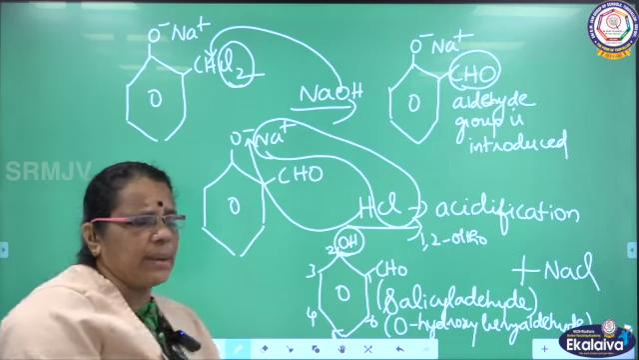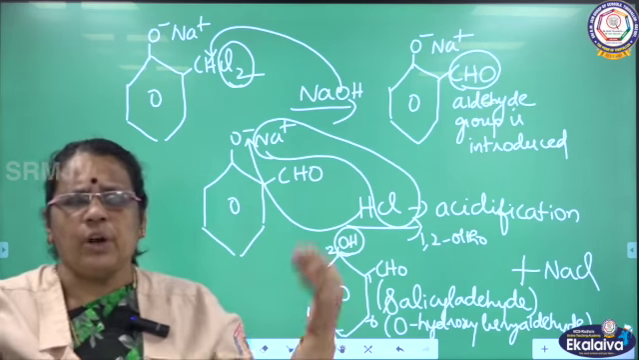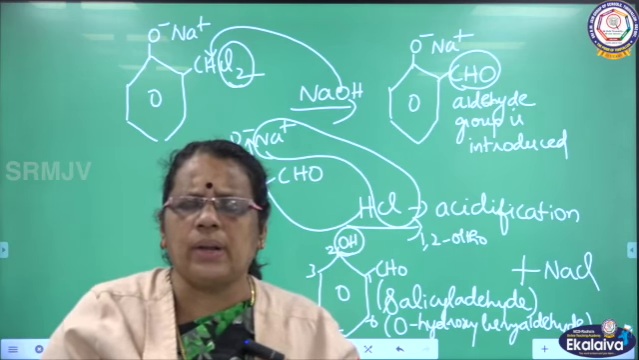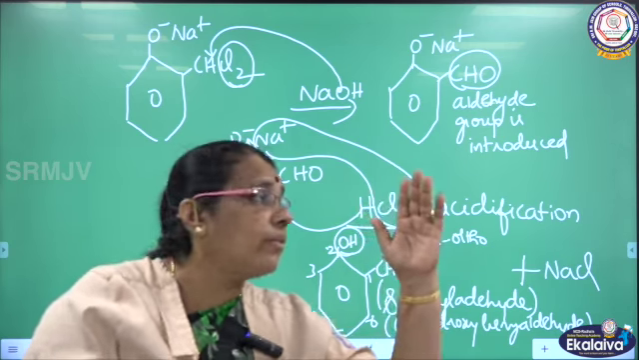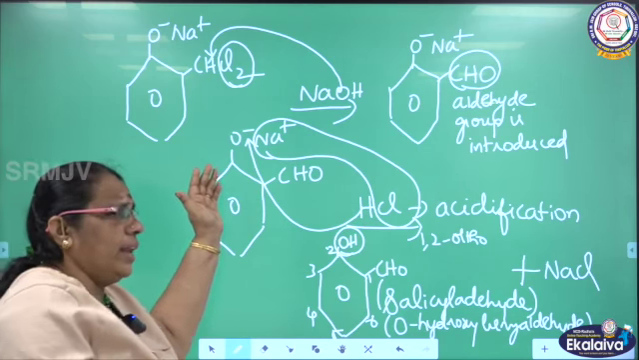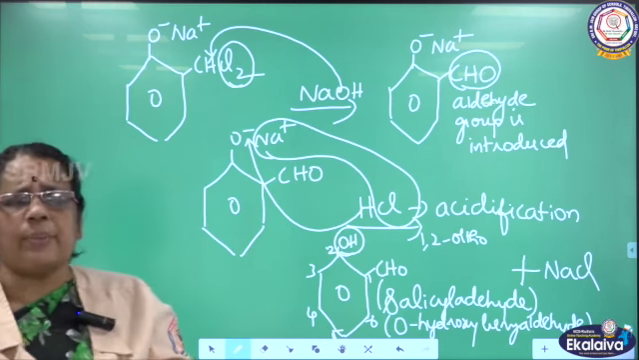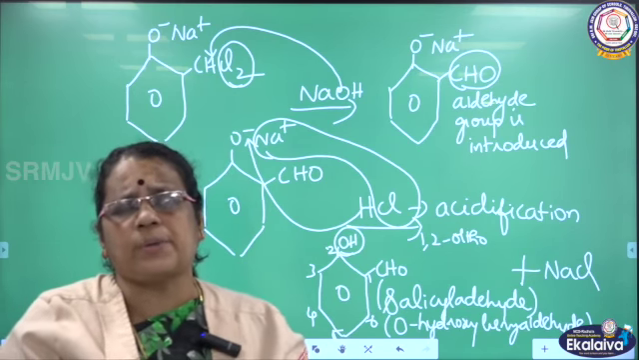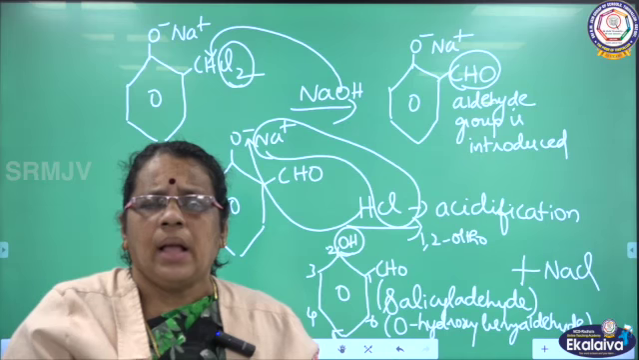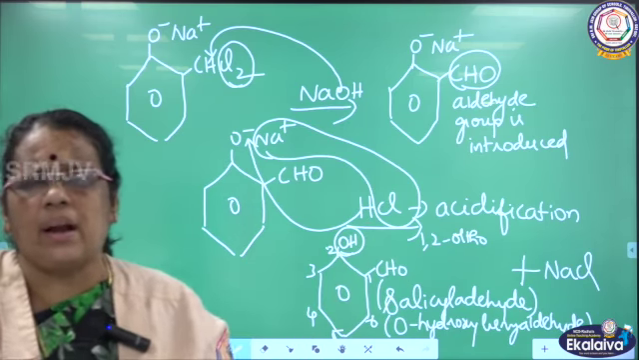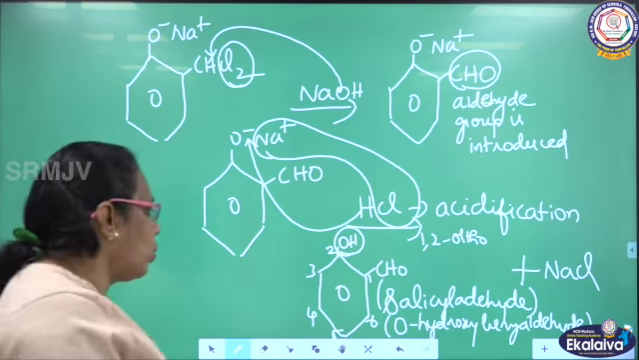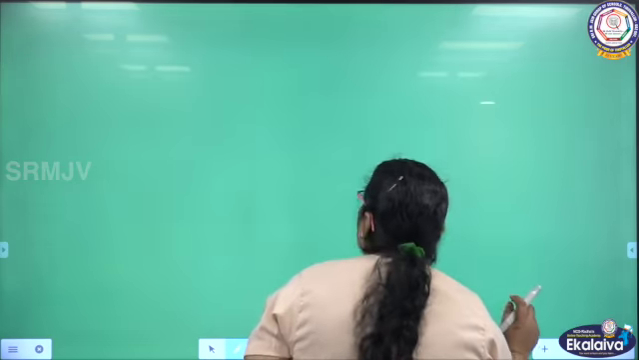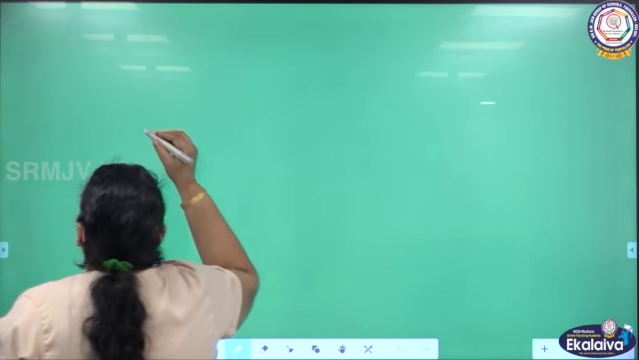Okay. What is the next step? Acidification. When you are adding acid to this product, what will you get? We are getting Na from ONa and HCl; Cl from HCl will be removed as NaCl, and in the place of Na, hydrogen is substituted. So the final product will be salicylaldehyde, or we can call it orthohydroxybenzaldehyde. So this is a very, very important naming reaction. The next one, they will be asking,